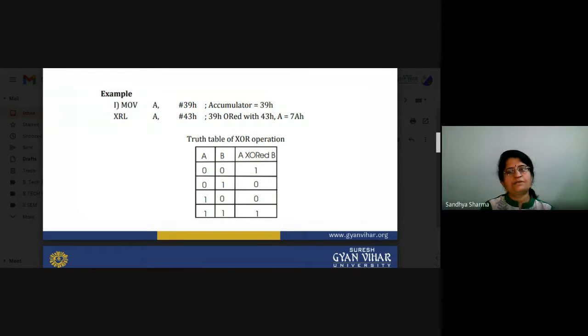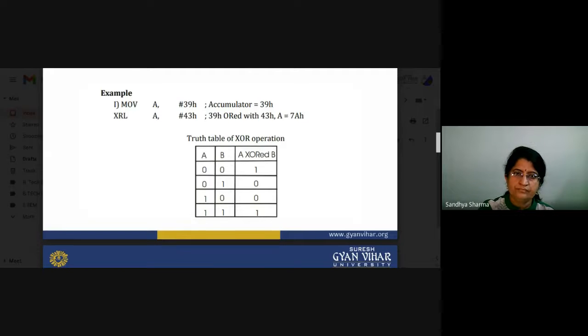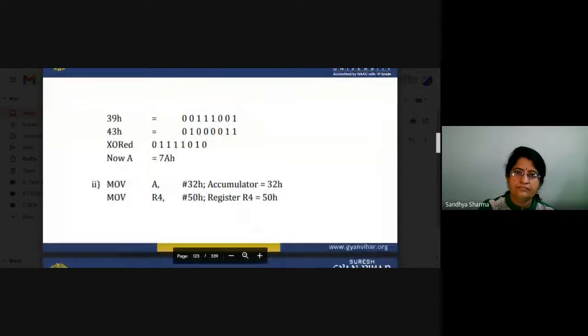In the XOR operation, the same bits, 00 and 11, give the result 0, and 01 and 10 give the result 1. So we have done the bitwise XOR, and by using the XOR operation, now your result will be 7AH.